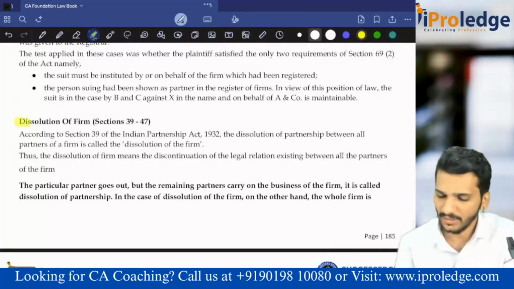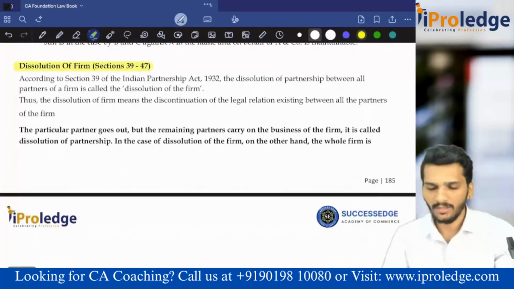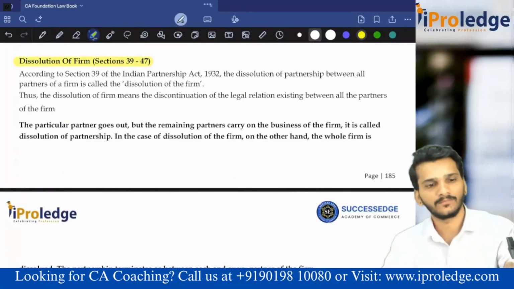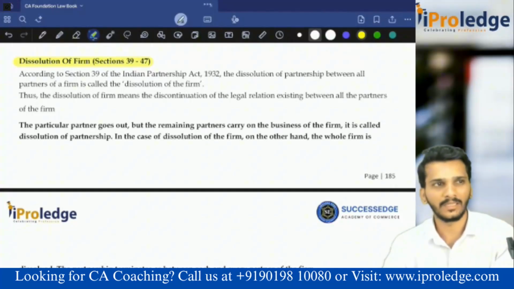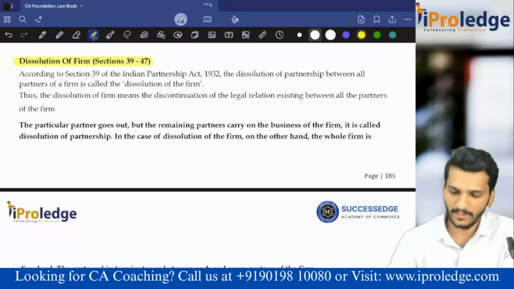Then that is the registration. Then comes the dissolution of the firm. Can the firm get dissolved? How does the dissolution happen? If it is registered, then maybe they have to go to court. If somebody has committed a mistake or somebody is not acting in the common interest, something like that, then they can go to court. The court can order for this. Can voluntary dissolution be possible here? Yes, that is the benefit. Voluntary admission, voluntary dissolution, all these things. That is why we call partnership a beneficial thing.